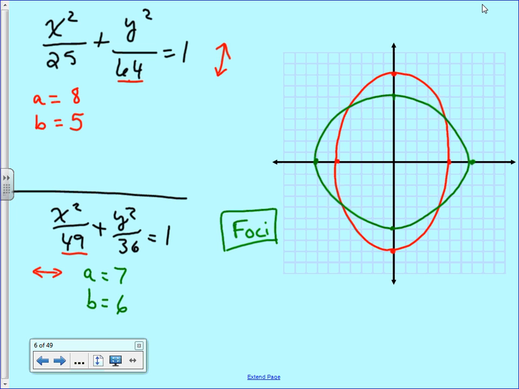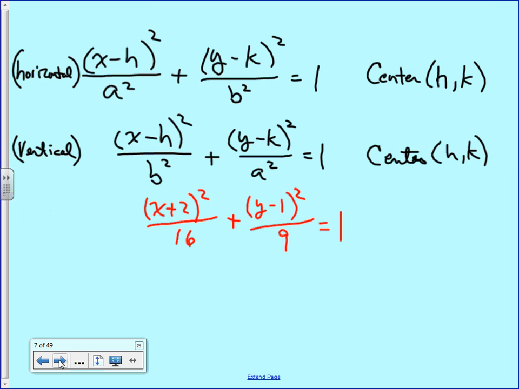This, two ellipses centered at the origin. Now, on the back of your notes, there's a table that asks you for the equation, and this equation is where